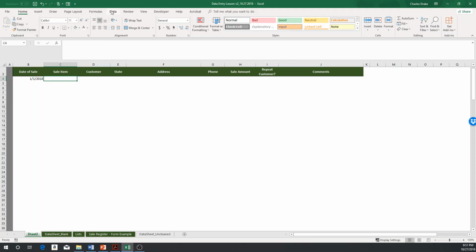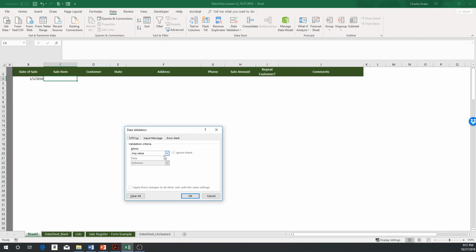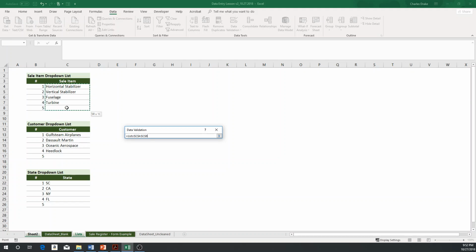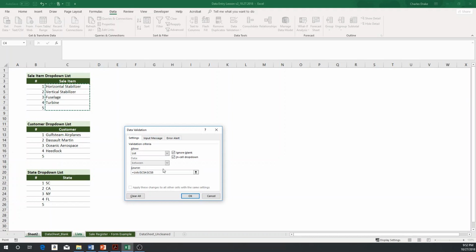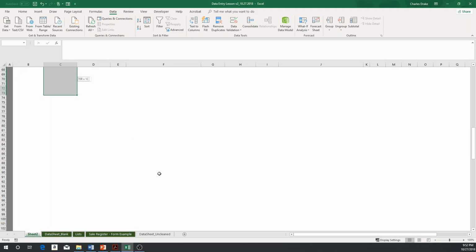Then if we go to the data tab, we go to data validation, Alt-A-V-V is the keyboard shortcut. We go allow and then list. Then we click the list tab, and I believe we are on sale item. You select this, click OK. Make sure the two things are anchored with the dollar signs. Great. And then I just hit Shift Page Down, Control-D,